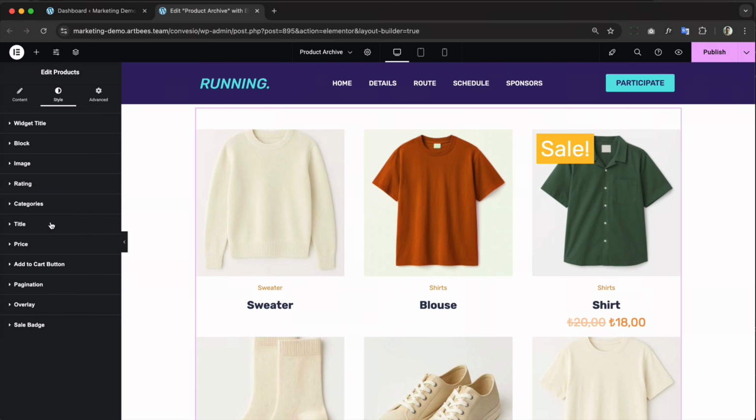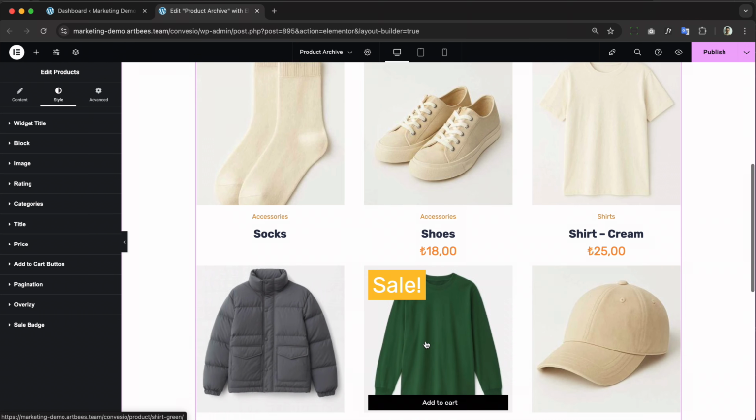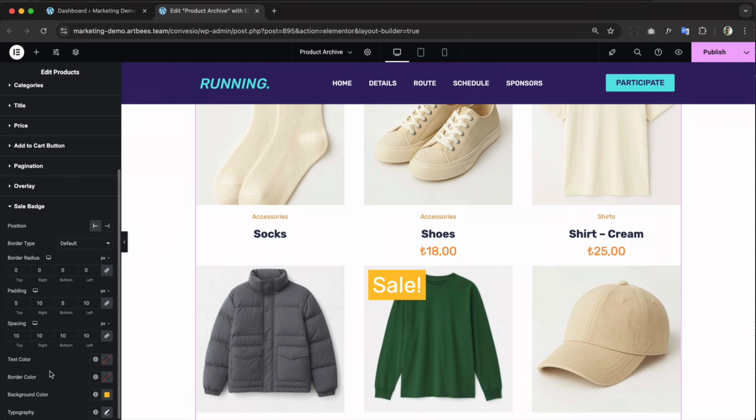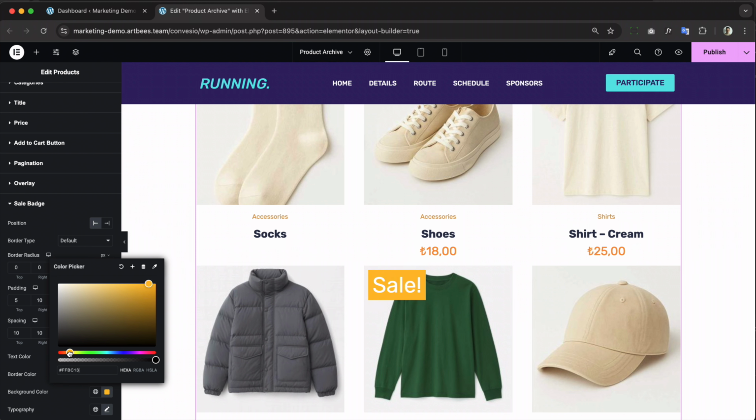And yeah, how about price? Are we good with the price? I think the price is good. It's important so it can be quite big. Maybe the sale badge here needs some tweaks, and I'm going to change the color to a slightly lighter color. Like maybe this should be fine.